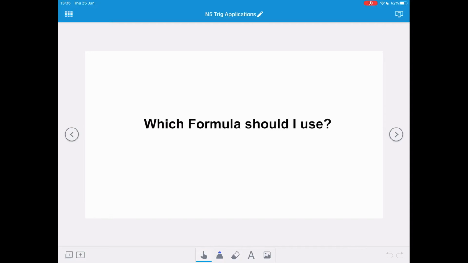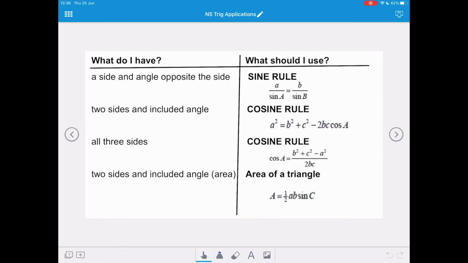So the final video in this series is on which formula should I use. You're not always told which formula you should be using, and you need to look at the information you have, and that will tell you which rule you should use. If you have a side and the angle opposite the side, then you're going to use the sine rule,